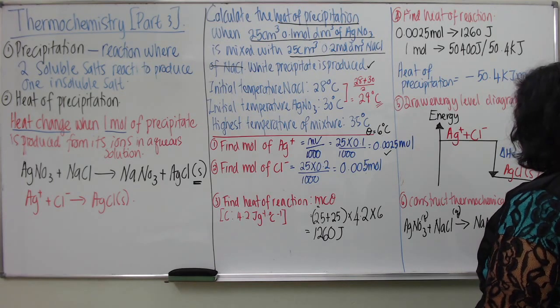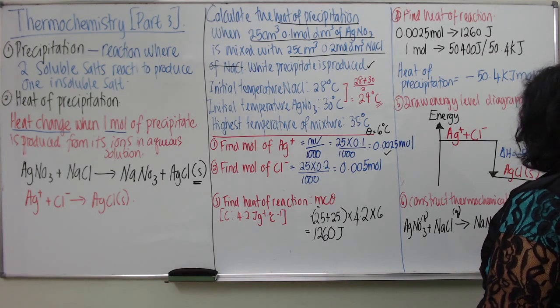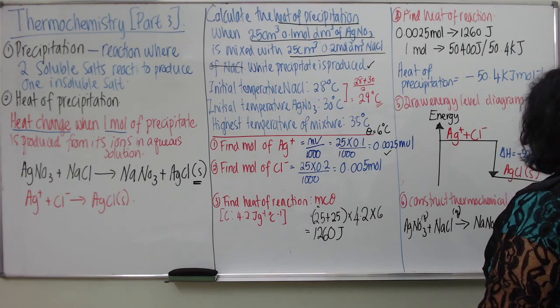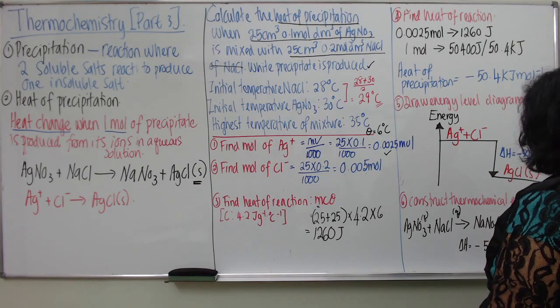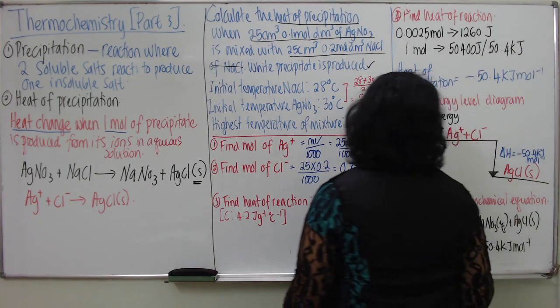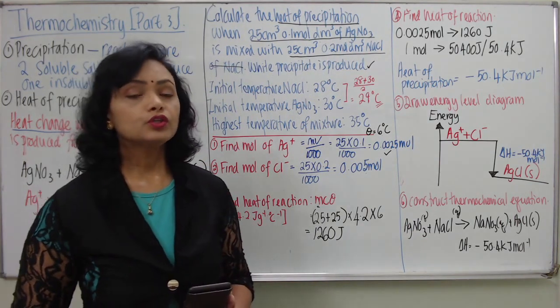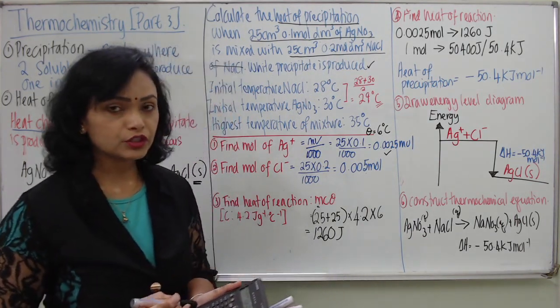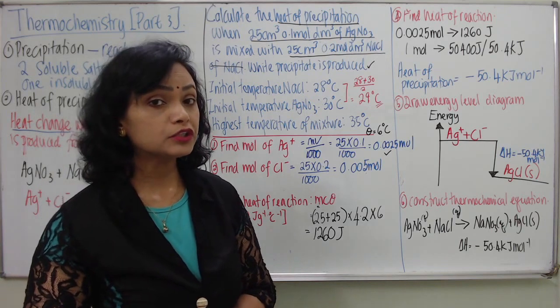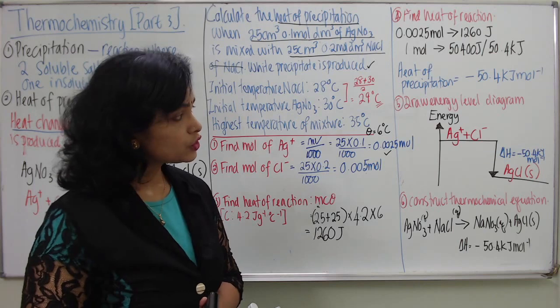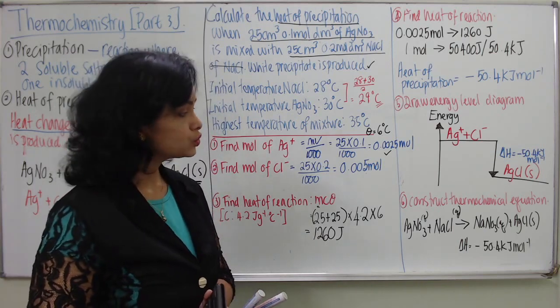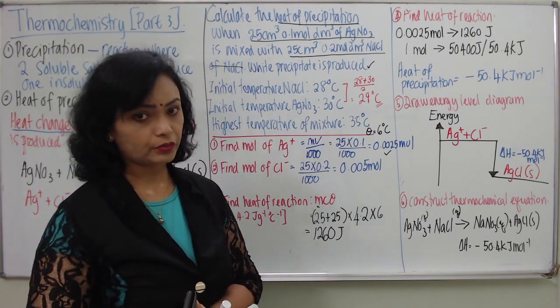To produce sodium nitrate aqueous plus argentum chloride solid, and the heat. So ΔH equals negative 50.4 kilojoule per mole. So can you see that we can use the heat of precipitation that we managed to calculate to construct